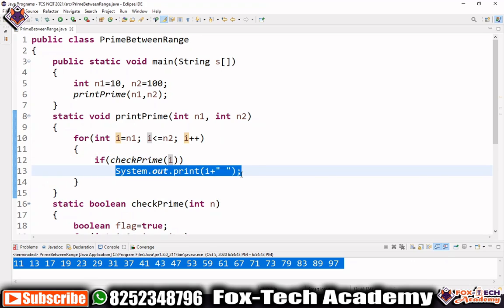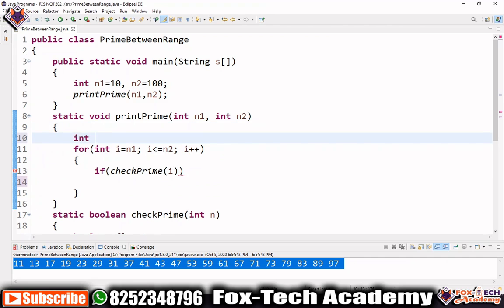So we will delete this, and we will create one variable, int sum, and initialize it to 0. Whenever it returns true, it means that i is a prime number, so we have to add this value into sum. We will put sum plus equals i.